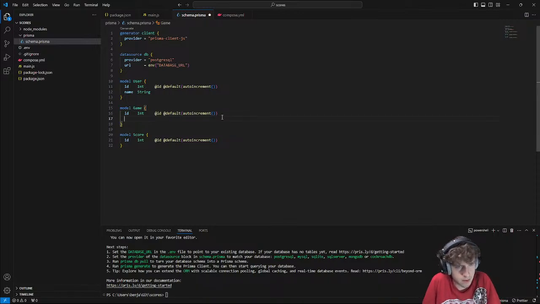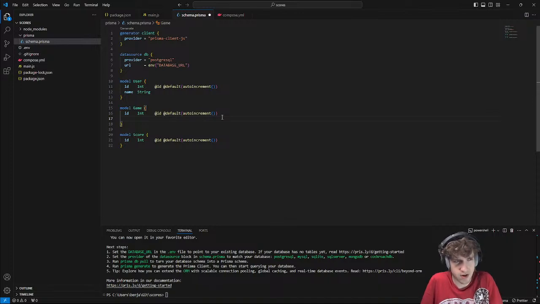So ID for game. I don't need to do anything other than ID, unless I want to make it easier for people to actually query for it, or to make myself query for it. There's going to be different things I have to store, and that's going to be either int or string.